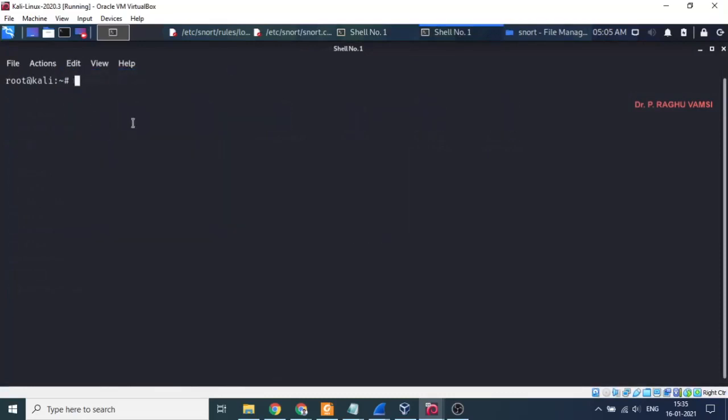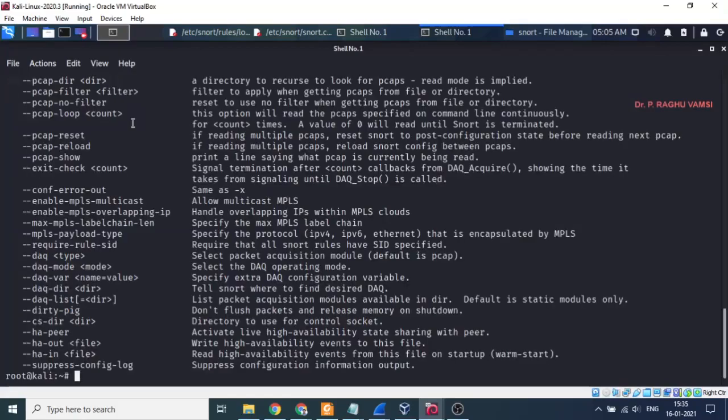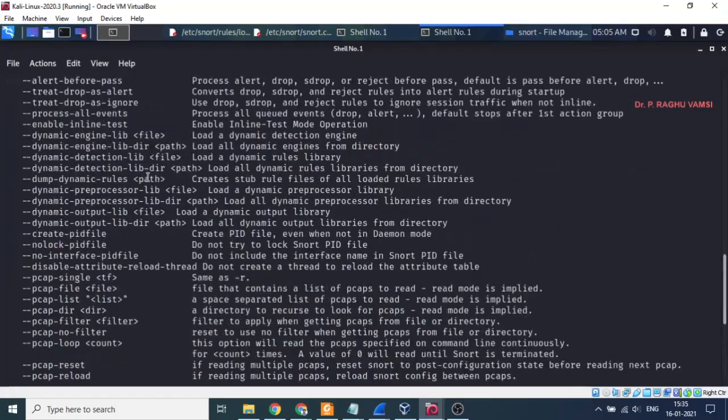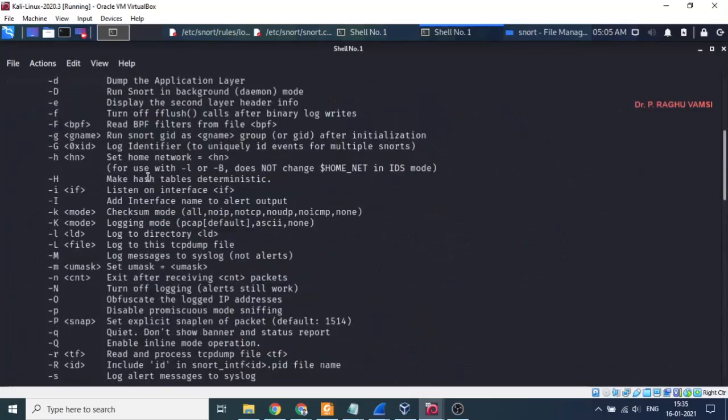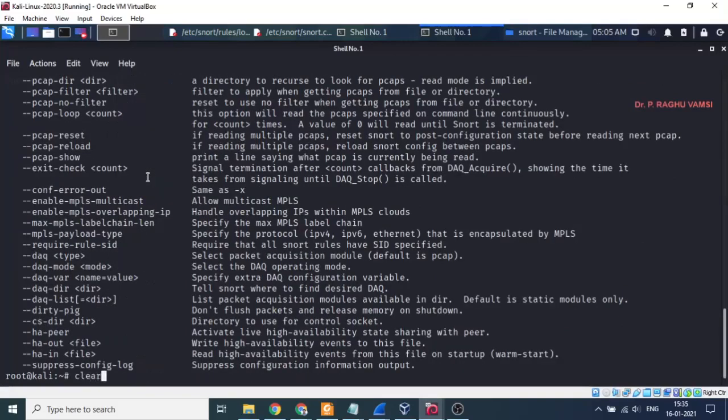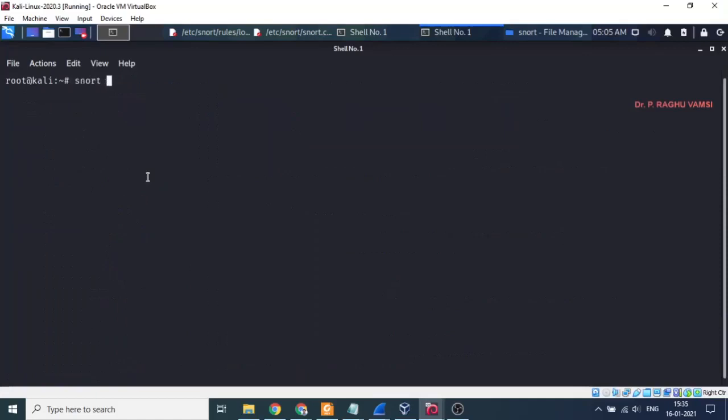Snort, we're supposed to run snort -v. If you don't know the interfaces, how many interfaces are connected to this, you can say -W. It will show you the list of interfaces for this. So actually -W is to show the list of interfaces that are attached to the computer. And -v is to sniff the packets.